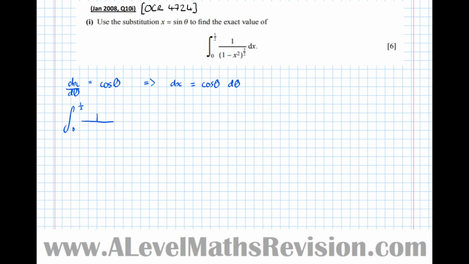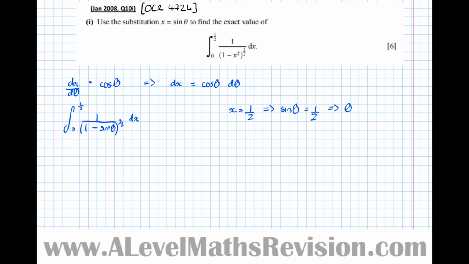substituting that in, of 1 minus, and our substitution was x equals sine theta, so sine squared theta to the power of 3 over 2 dx. And we're about to change the dx to d theta now. We're about to replace dx with something to do with d theta, so we need to change the limits also to theta limits. So if we've got x equals a half, that implies that sine theta equals 1/2, which means